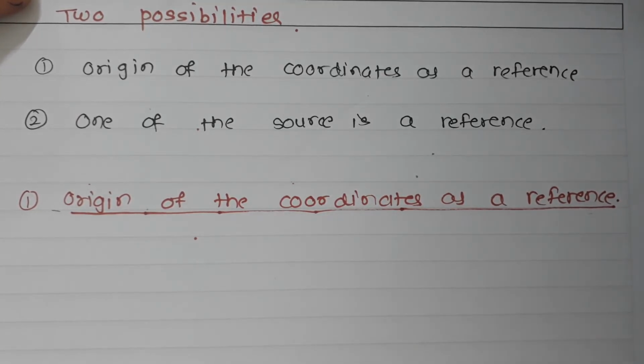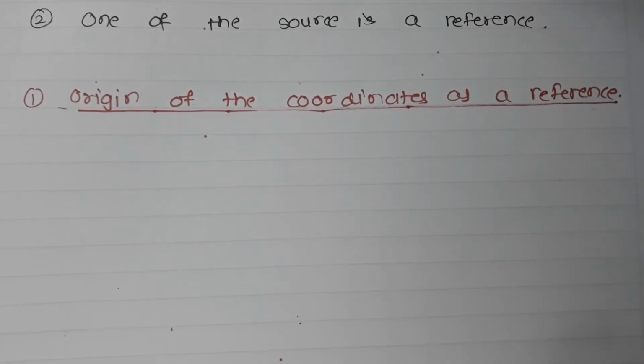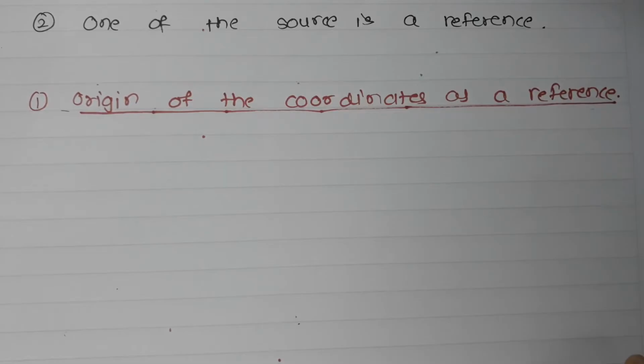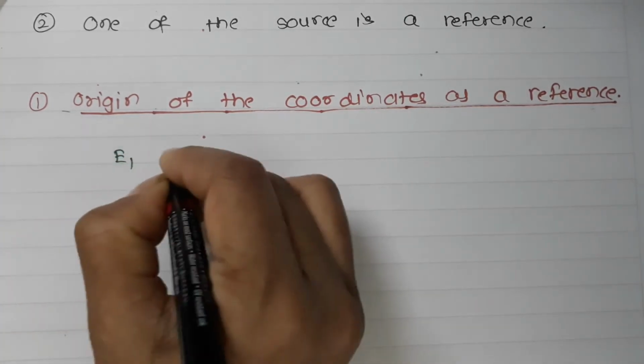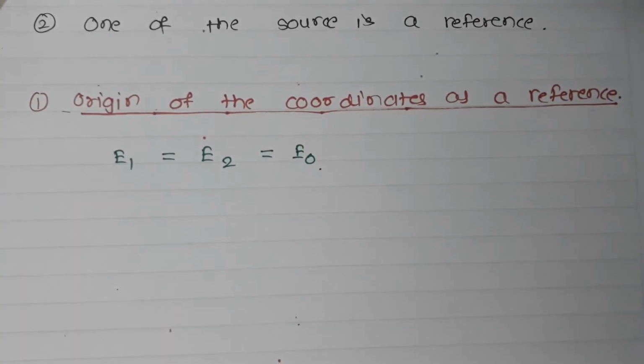As the currents applied to each antenna are equal, we are assuming that equal currents are supplied to each and every element. So the same field strength from the antenna will be there. So E1 will be equal to E2, which is equal to E0. But here, to find the phase of the fields with respect to the reference, we join three points, antenna 1, reference, and antenna 2 with the point P. If the point P is far away from the antenna system, all three lines are almost parallel.